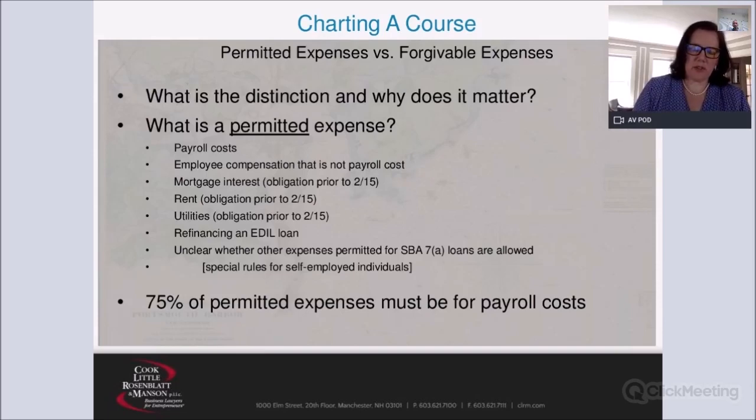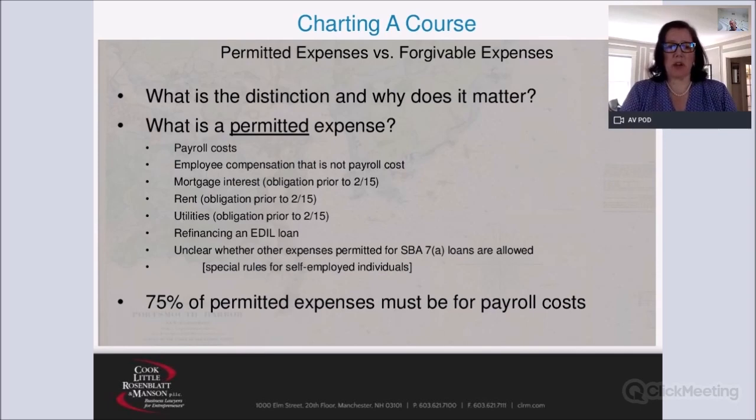Generally, there is a new requirement that for all loan expenses, whether or not you're looking for forgiveness, 75% of the loan amount must be used for payroll costs. And payroll costs are a specifically defined term. We don't have time here to get into all of the details, but it is limited to $100,000 annualized for an employee. So for payroll costs, you're talking about $15,385 per person as the maximum amount. So when you talk about bonuses and the like, that's all subject to this cap of what is permissible.